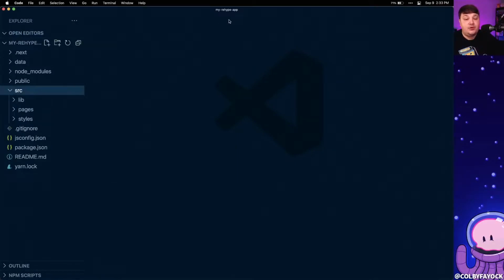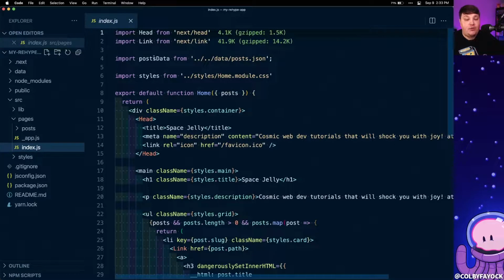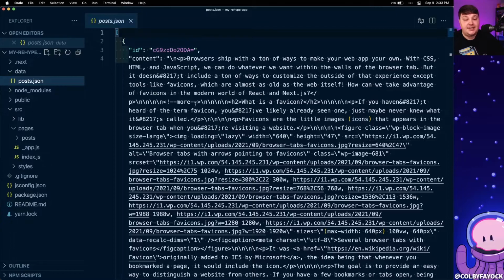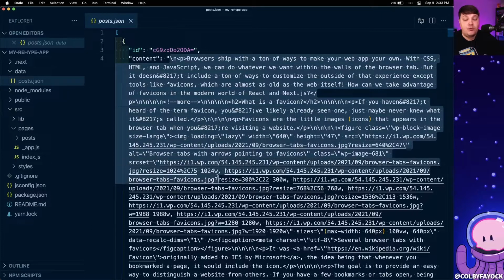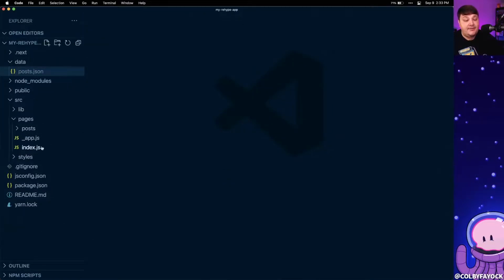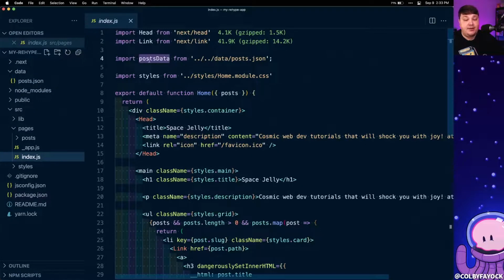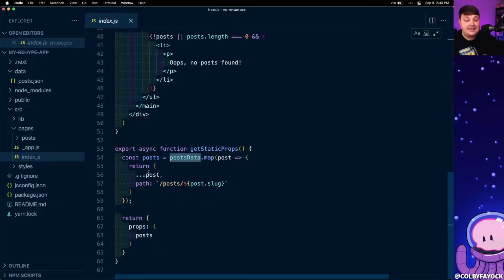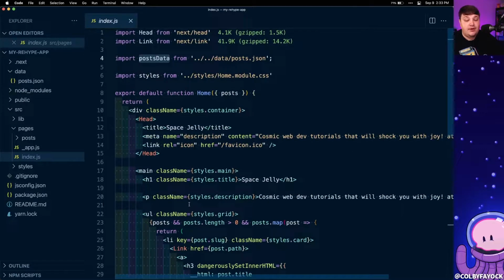If we open up the source for the application, we can see that in the index.js file, we're pulling in our post data from this data post.json, which looks just like the response that you saw when we were looking inside of the GraphQL query, where we have our HTML as a string, which is what we're going to use to process our actual HTML. Inside of our application, we can see that we're pulling that in and adding it as data so that we can loop through